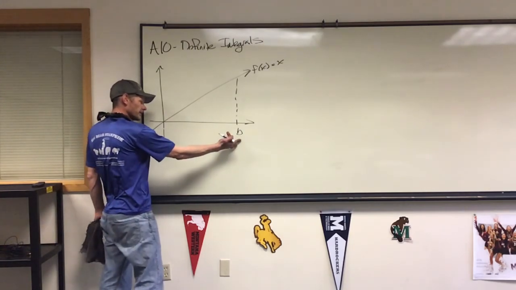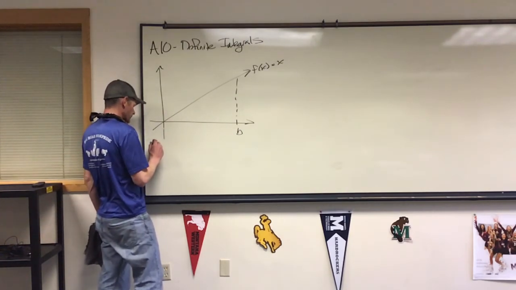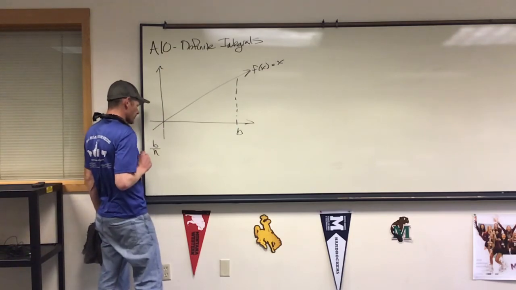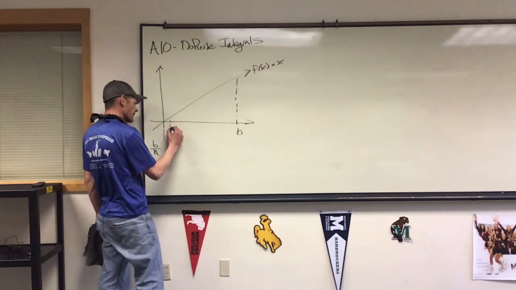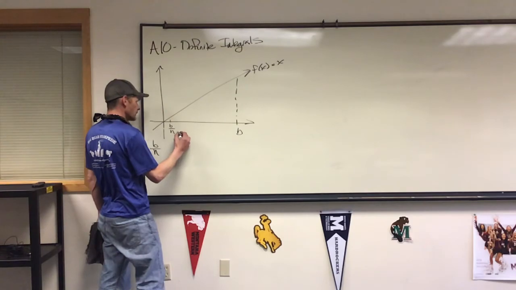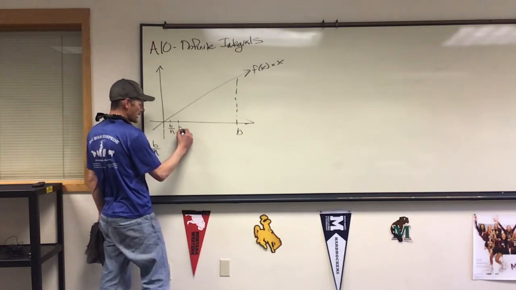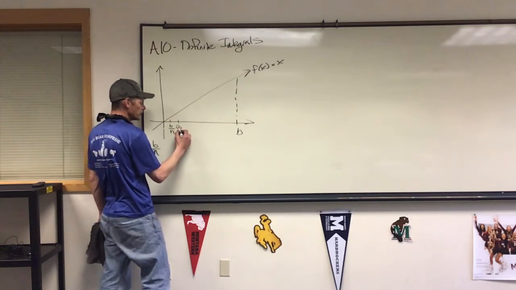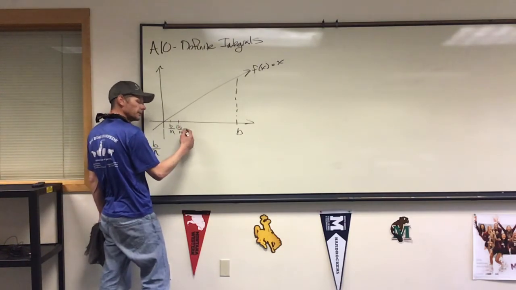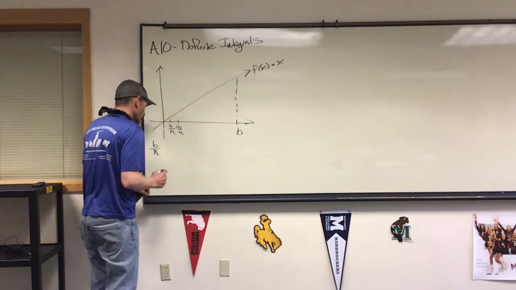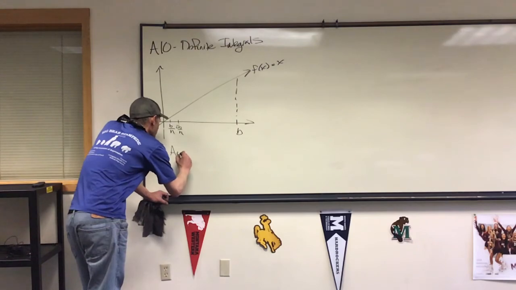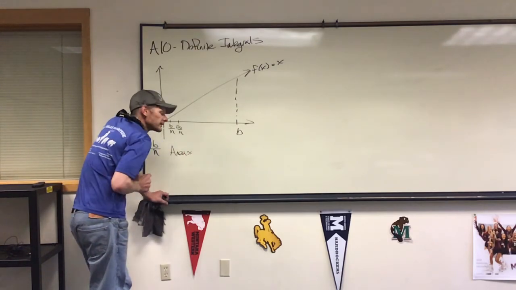So we're going to split this into n intervals. Each one will have a width of b over n. The first one will be right at b over n, the second one will be at 2b over n, 3b over n, etc. So I can say then that the area, and I'm going to do approximately again, we'll take the limit later,